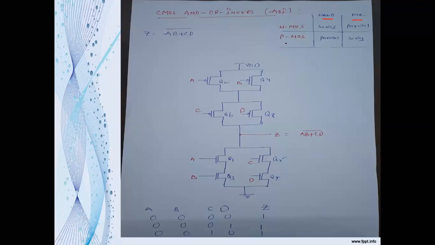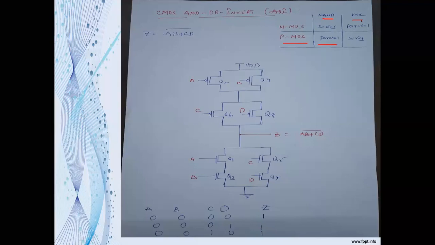As we all know, the PMOS is a pull-up network and the NMOS is a pull-down network. So in a NAND circuit, even the AND circuit is also realized from the NAND by simply connecting a NOT gate at the output of the NAND. If you connect the NOT gate to the output of the NAND, that will obviously give an AND operation. So the NAND and AND will be realized in such a way that the pull-up networks are connected in parallel to the VDD, and the pull-down networks are connected in series to the ground.